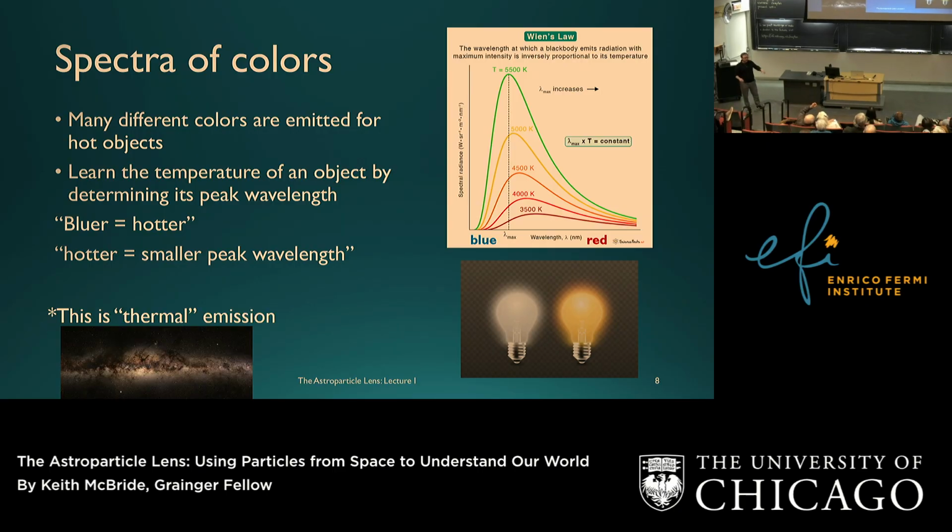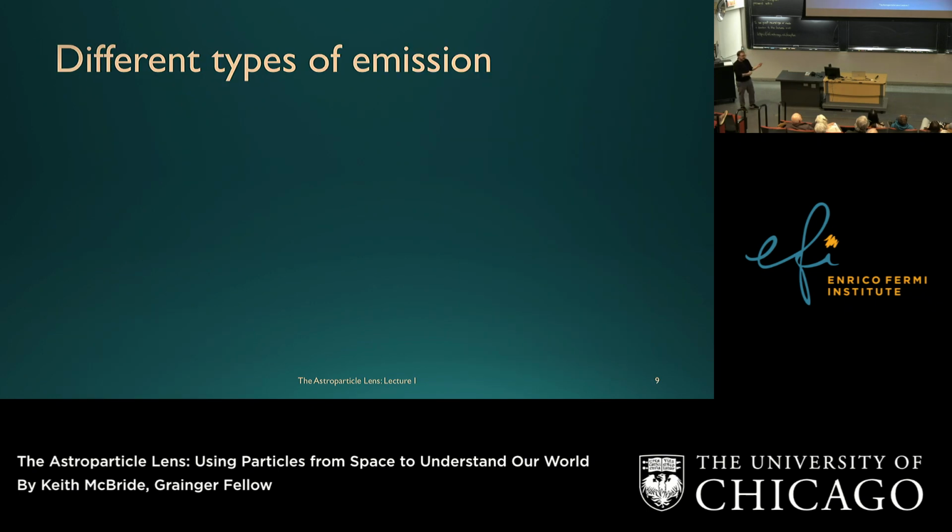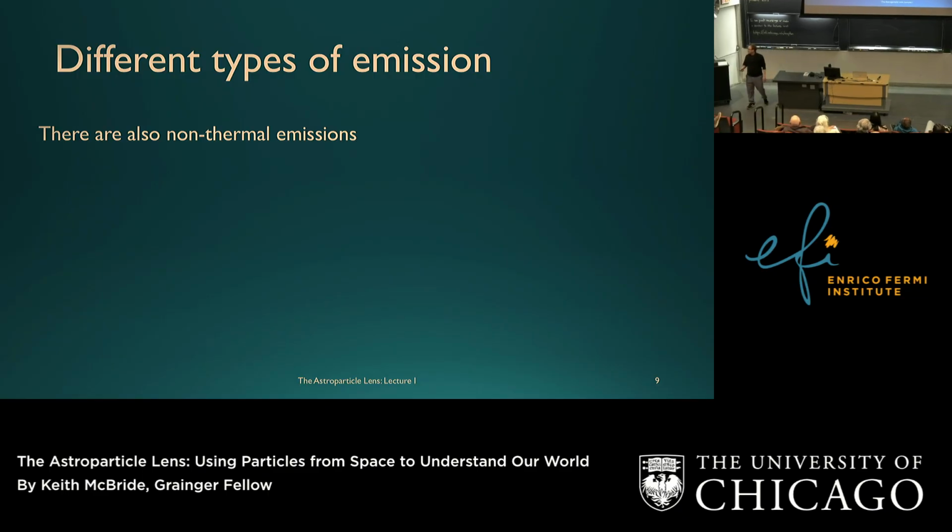And this is all thermal emission. This is how you can understand the world with your optical lens, right? And this is what we know to be bright objects, like the center of the Milky Way is bright because it has a hot temperature, it's large, and maybe it's relatively close by compared to other things. But there's actually different kinds of emission that we need to talk about. All right? There's not just thermal emission. There's also